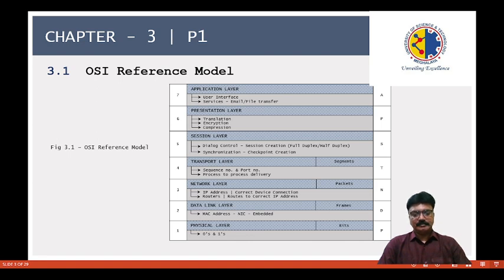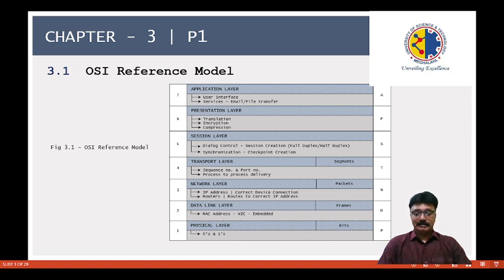Then the file will come to the transport layer. The file will be divided into different segments with a sequence number and the port it needs to be delivered to, and that process-to-process delivery point will be handled. Then at the network layer level, which device it needs to reach, and that particular IP address will also be considered for the data packets of that file, and the routing can also be done to reach the proper IP